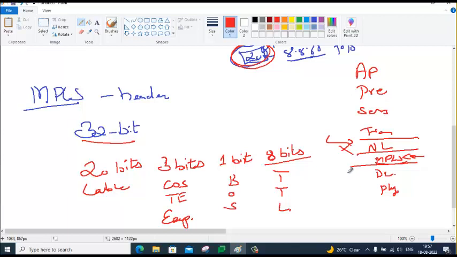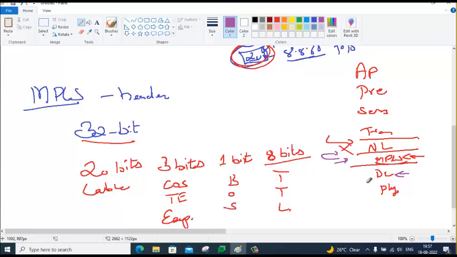There is no need to read the layer 3 header of all incoming packets. Question: is there any bit which tells the router not to look any further, or is it just the label? Just the label. There is no bit to say that you need not look into the network layer. In the data link layer, definitely there is an MPLS marking.